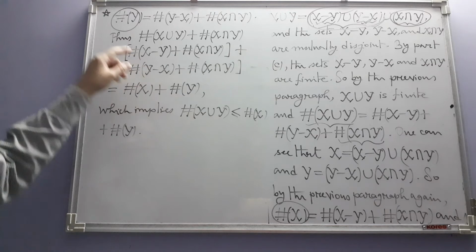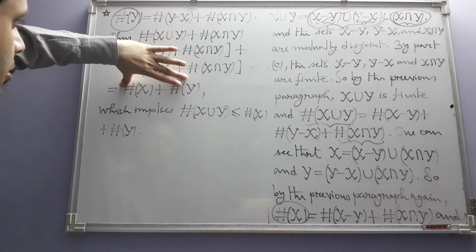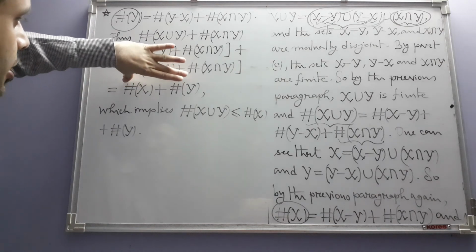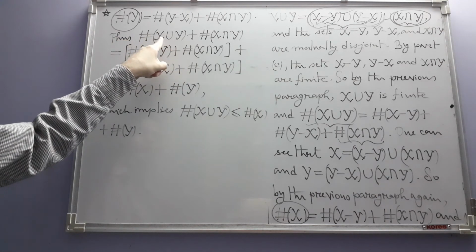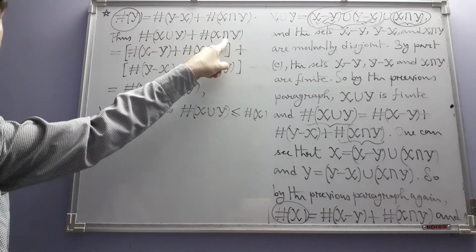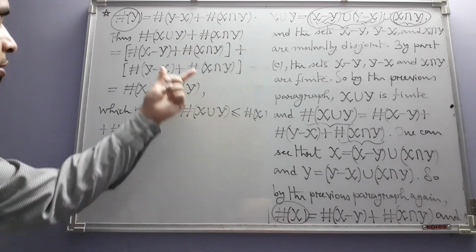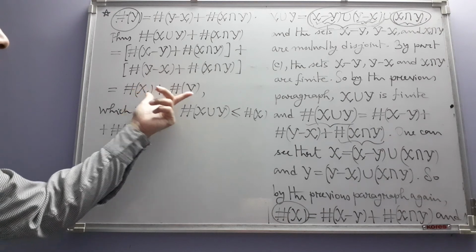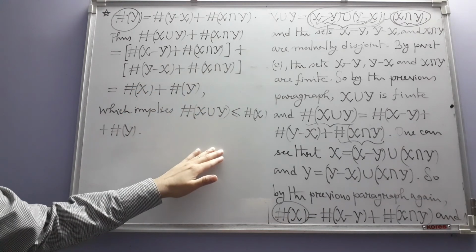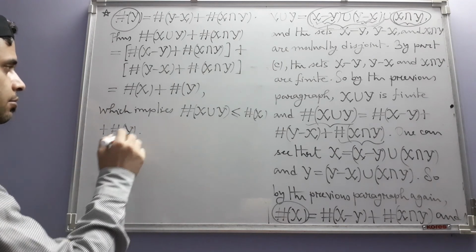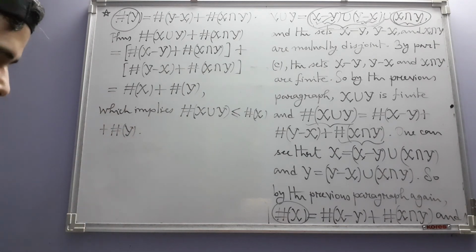And this now implies that, because you view this sum as a single natural number. This sum is equal to one natural number plus another natural number. So by the definition of this relation, one of them is less than or equal to the other thing on the other side. And this now completes the solution to part B. Okay, now we move